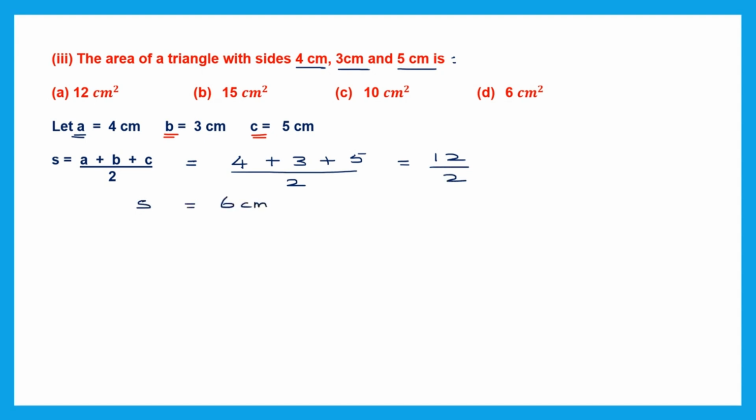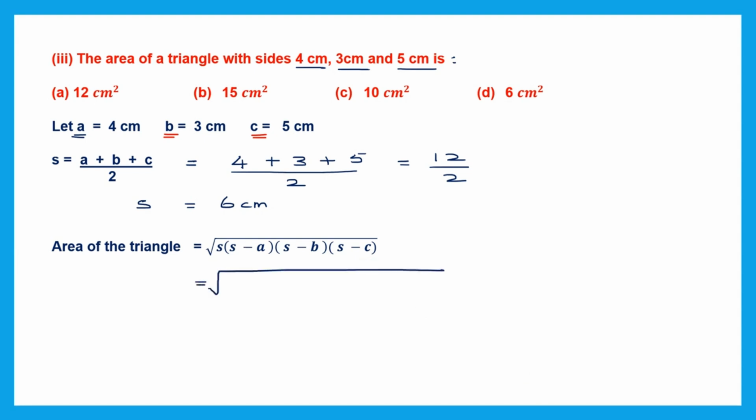Now with the help of the semi-perimeter, which is S, we are going to find the area of the triangle by using the formula that is given here. The root of S, which is the semi-perimeter, into S minus A, A is the first side, into S minus B, which is the second side, into S minus C. So now we're going to substitute for all these and write the values and then find the area of the